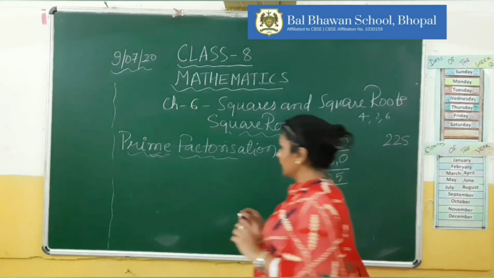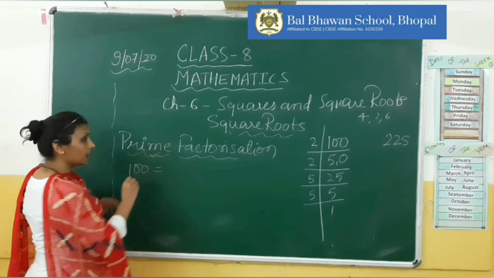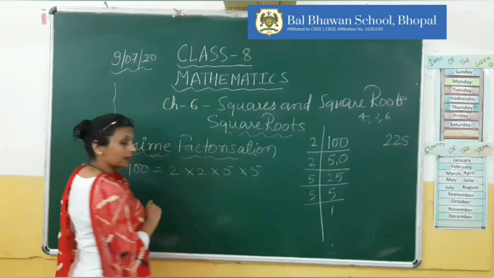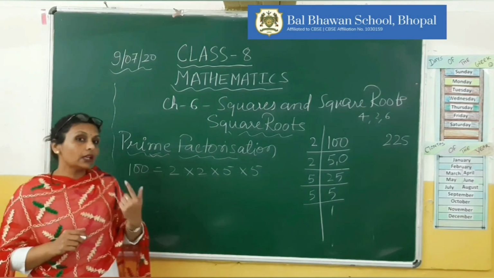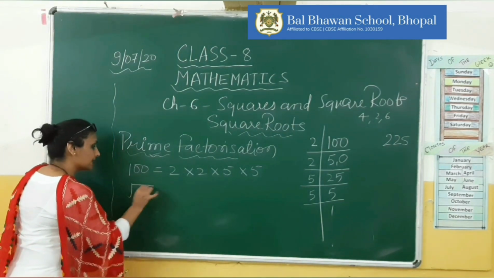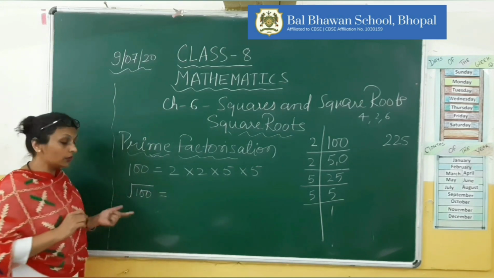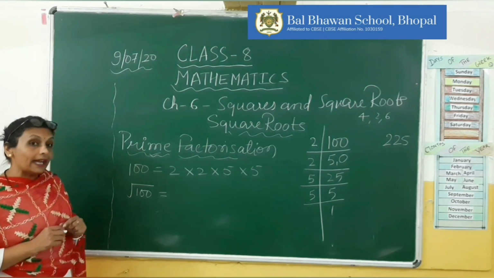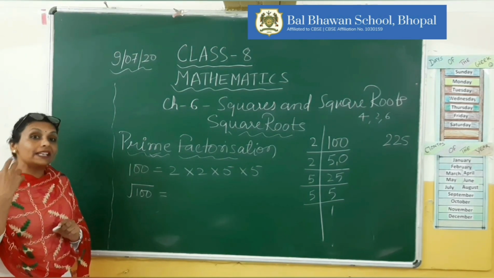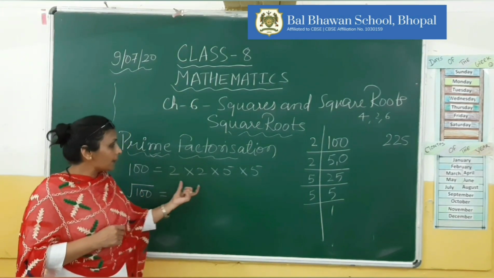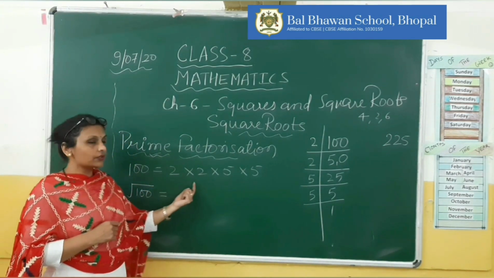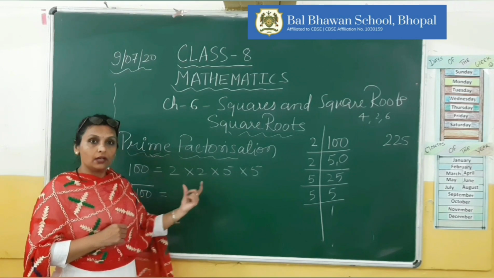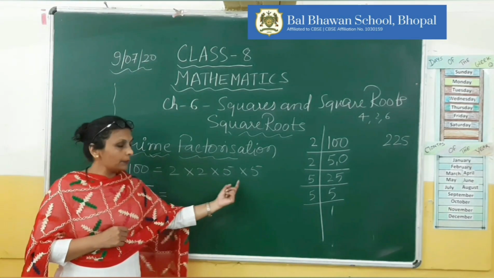We have to find the square root of 100. So what do we do? Listen here. First of all, I will write down 100, and all the prime factors which I found from this method, I will write on the board. Now, as I have to find the square root of 100, I will put the symbol of the square root on 100. Then I have to select one number from each pair. I will look at the pairs of numbers. You can see 2 is written 2 times, 5 is written 2 times. That means we have 2 pairs, one pair of 2 and a second pair of 5.